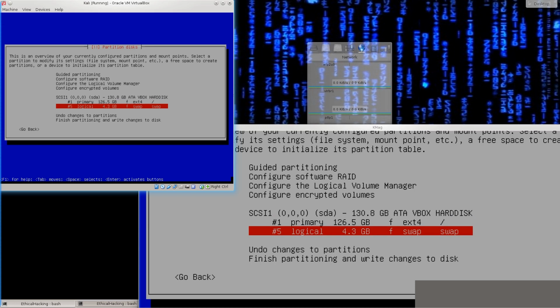Down below, we have swap. Swap is basically a failsafe method. So when you run out of RAM, you basically tell your system, okay, you can have this portion of the hard drive and you can use it as RAM, which functions in a very slow manner, but it will prevent your machine from crashing. Usually swap partitions are configured to be double the size of your RAM. My RAM is 8 gigabytes, but here by default the computer has assigned 4 because this is a virtual machine, and if you remember at the beginning I assigned 2 gigabytes of RAM to this virtual machine, so it has just multiplied it by 2. It was just above 2, and it has multiplied it by 2, so I get 4.3